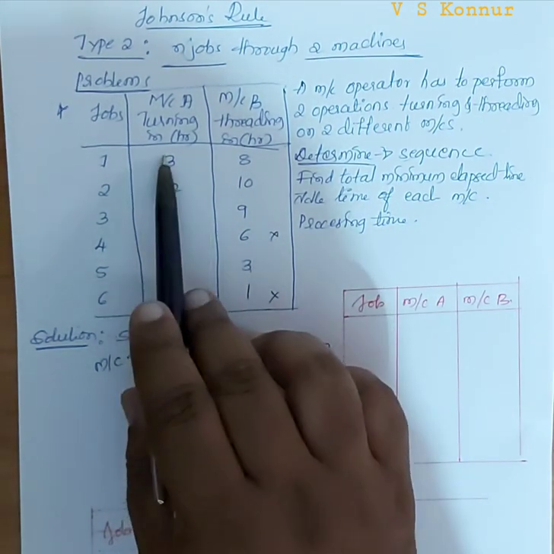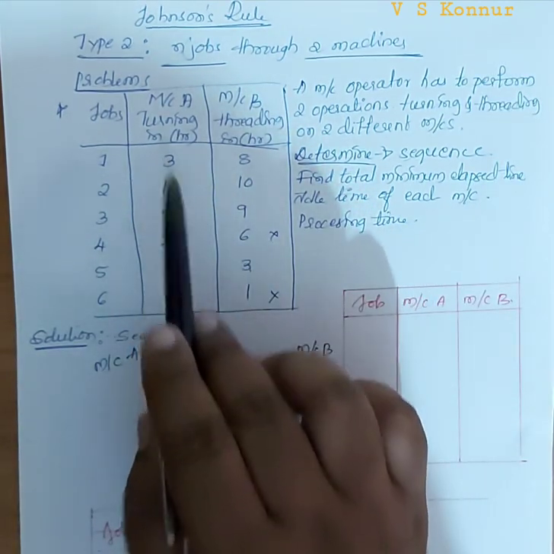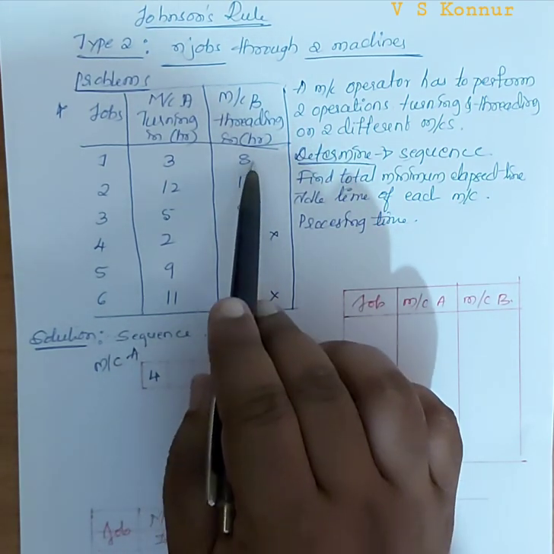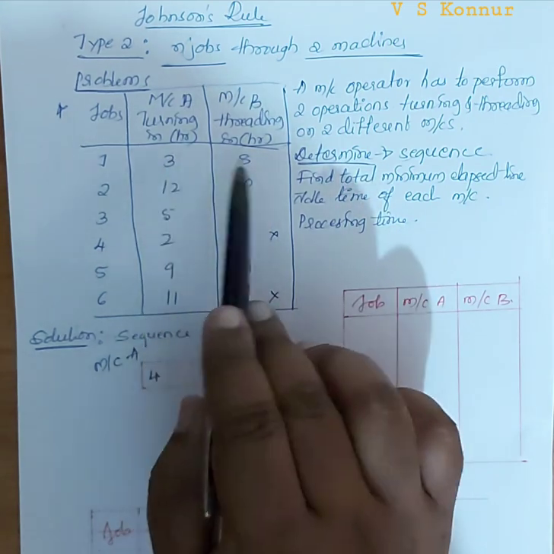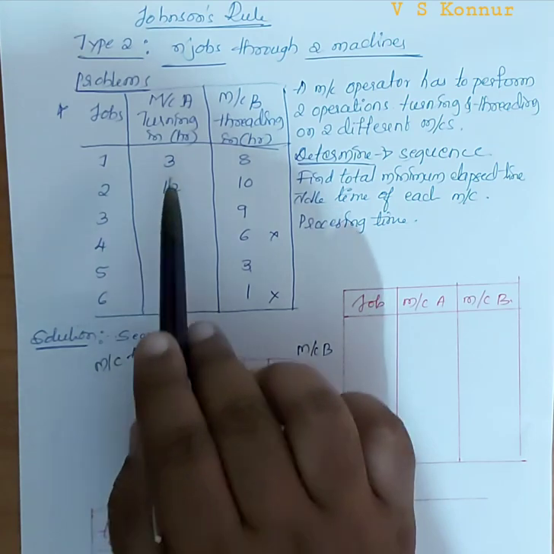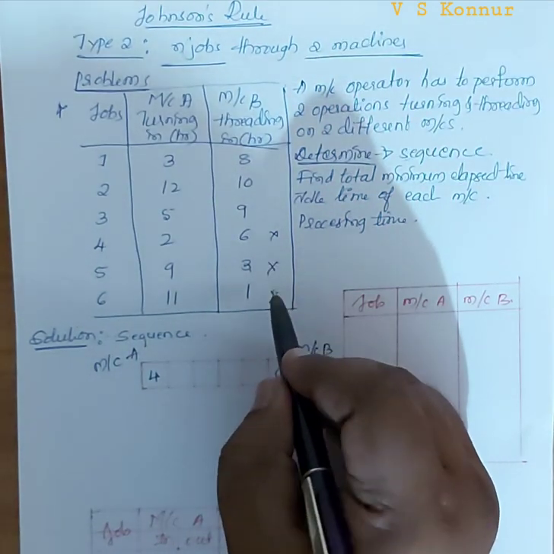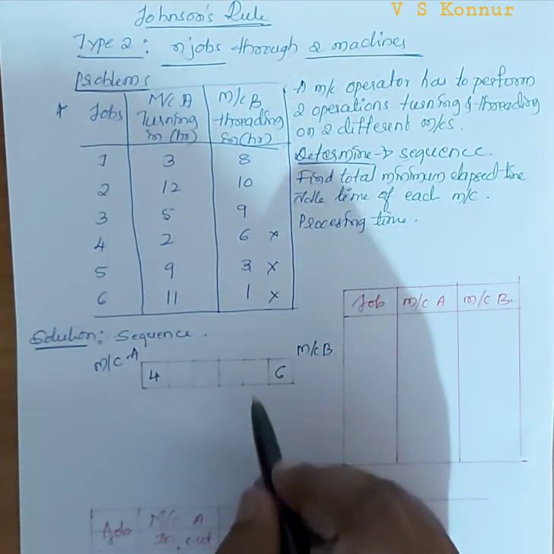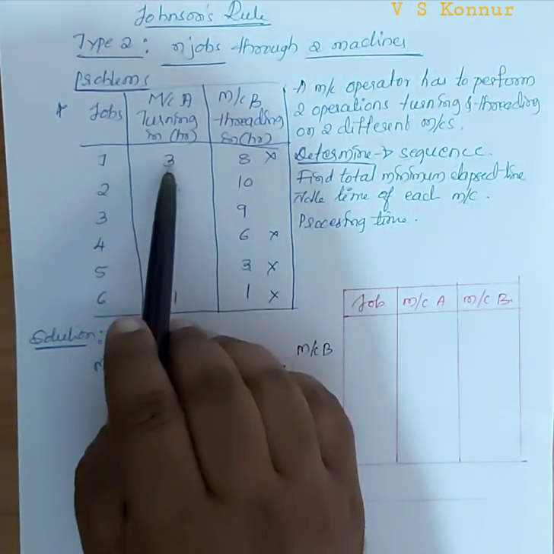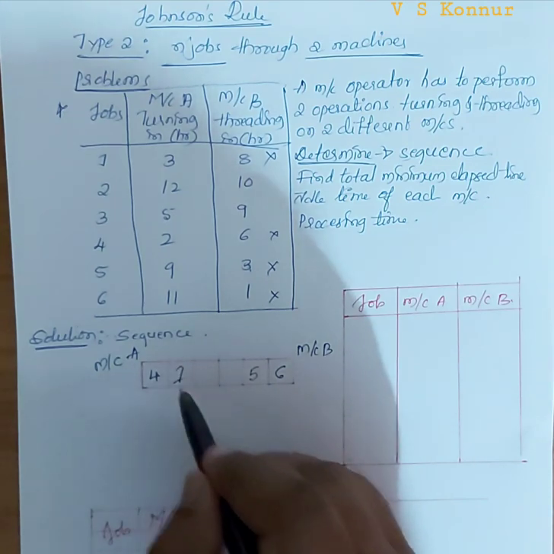3. There are two 3s, but both are in different machines. If they were in the same machine, you could take the first and then the second, job 1 first and job 5 second. Now it is in machine A and machine B differently. So first we will take for machine B, the 5th job. I have to write it for machine B. Then the other one is at machine A, first job.